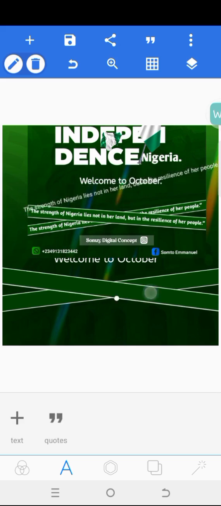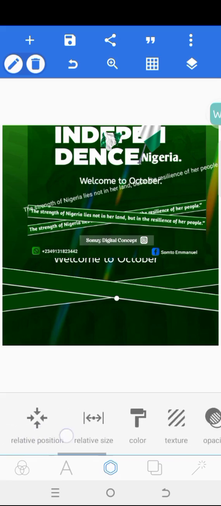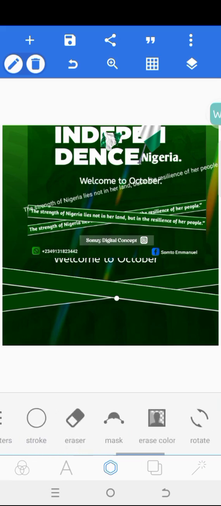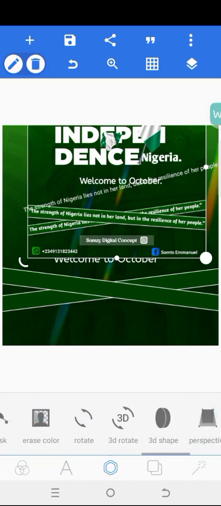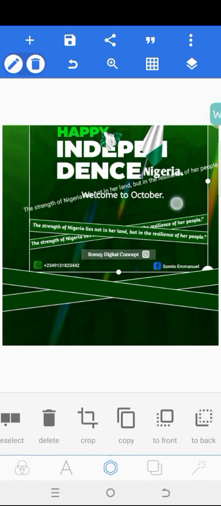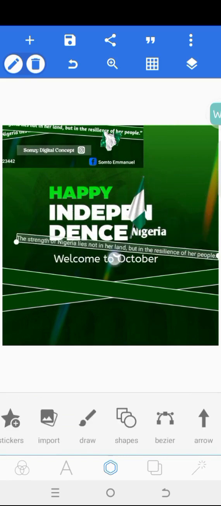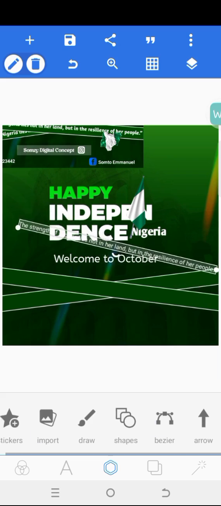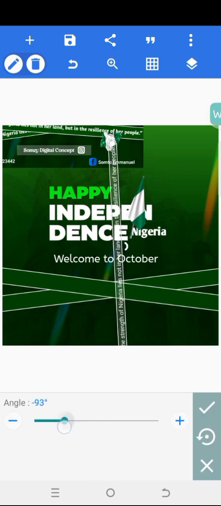I will first of all come to this first shape here. After highlighting it, then I will go to the rotate icon and check the degree of the angle that it is being rotated to. If you see, this one is at 7 and this one is at 7 also. So I will also use that same degree in my text. So I will also go over to my rotate, then put my own also for the text in 7 degrees. So I will reduce it to 7,